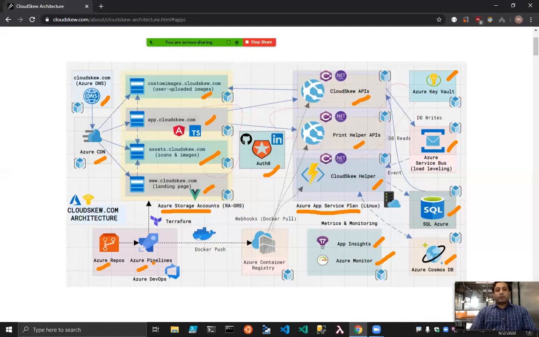Now I'll talk about the various environments that we have. We have a development environment, a testing environment, and a production environment. We use Terraform to script out all the provisioning. One of the advantages of Terraform is, with one set of scripts, you can create multiple replicas of those environments. So dev, test, and production come from the same set of scripts, but they are all replicas of each other. The only difference is they have different key vault values, different host names, or different endpoint URLs and things like that.